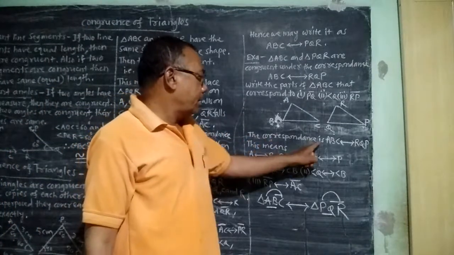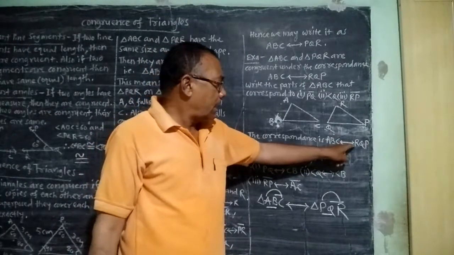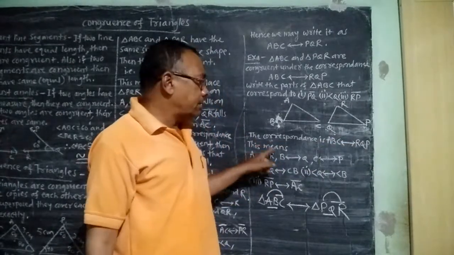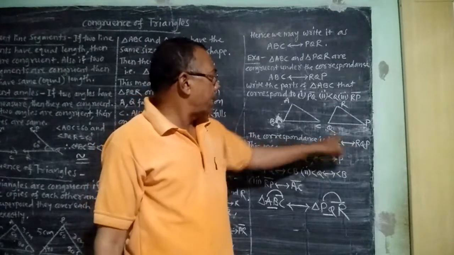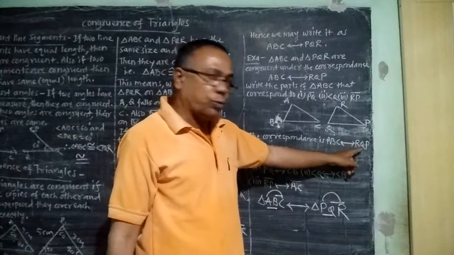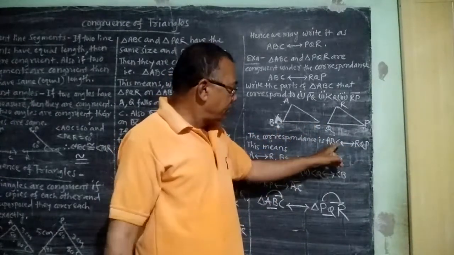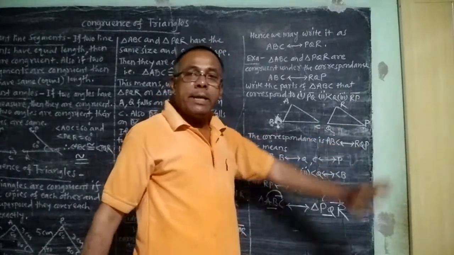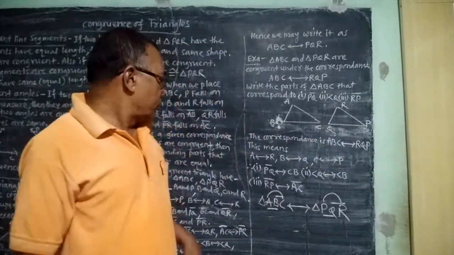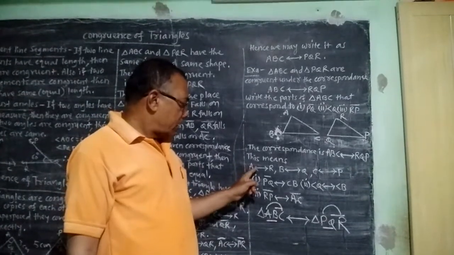The correspondence is ABC one-to-one correspondence RQP. This means A is corresponding to R, B is corresponding to Q. Here B and Q are corresponding angles, and then C and P are corresponding angles. So we can write A corresponding